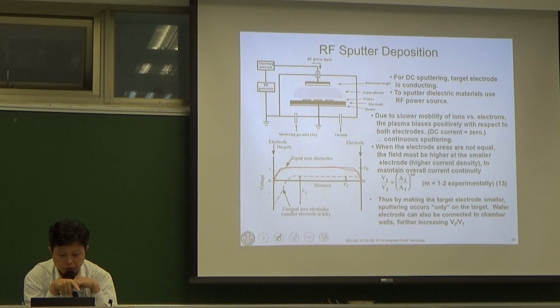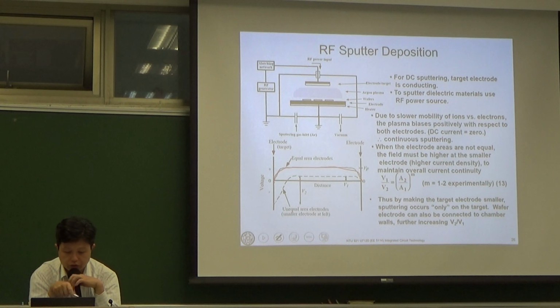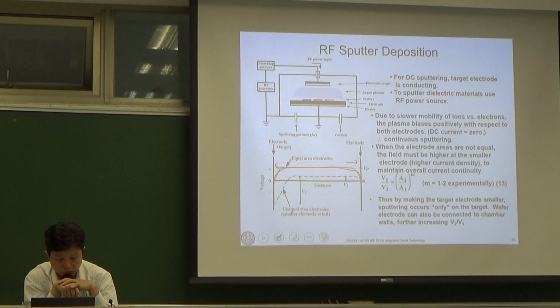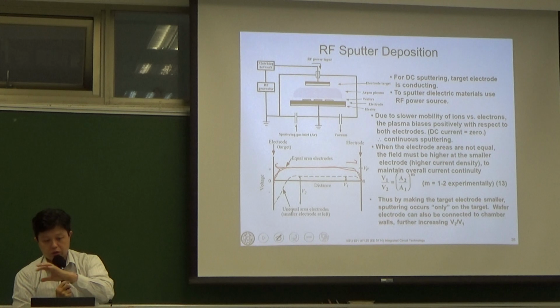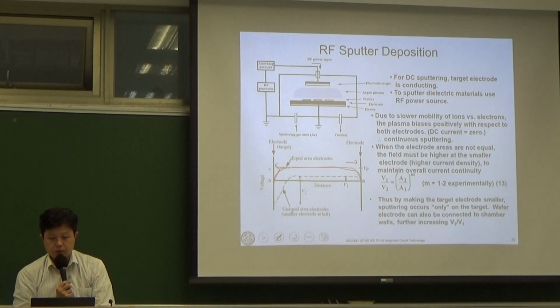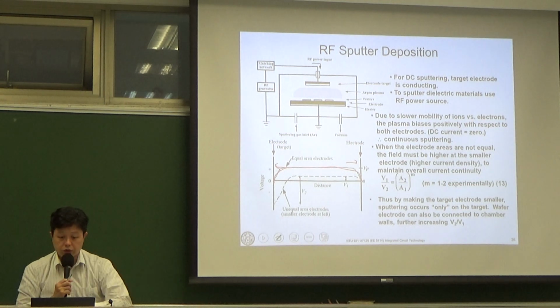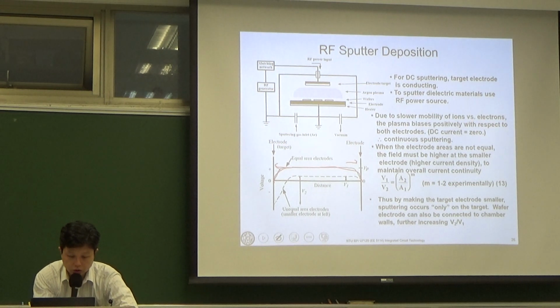If you see these figures, now you know that your argon can actually bombard this target electrode and also your wafer electrode, if you have the same bias on both sides. Okay, so we don't want this to happen. We want our argon ions